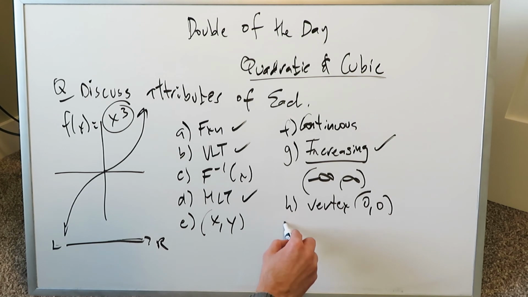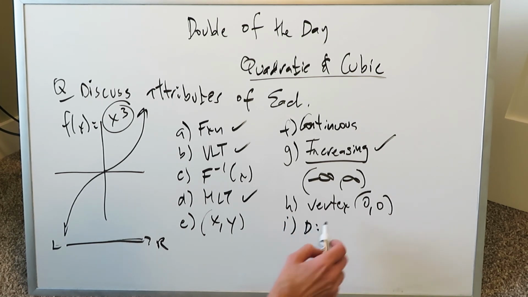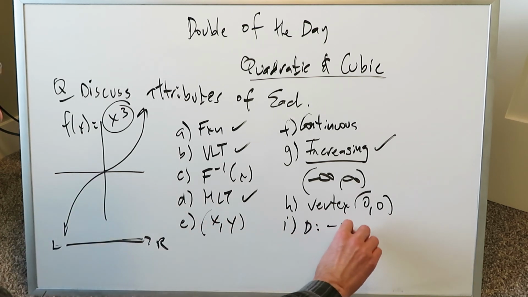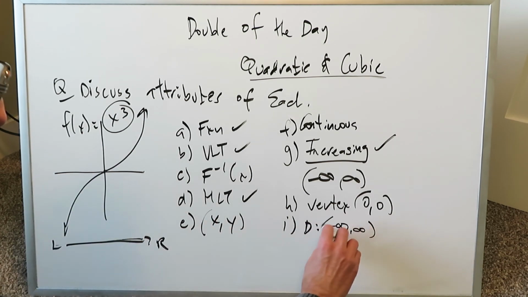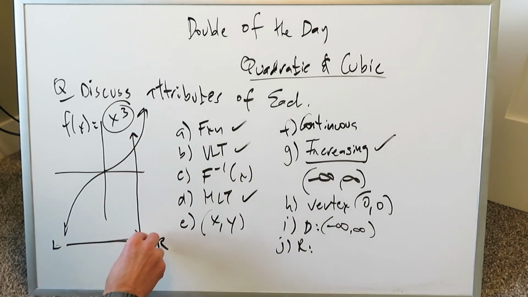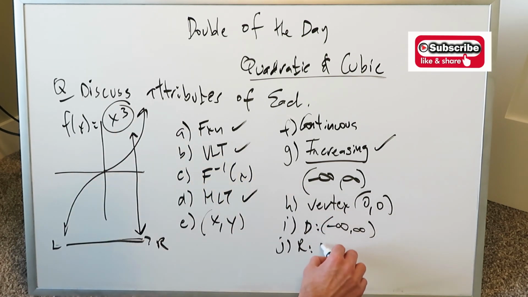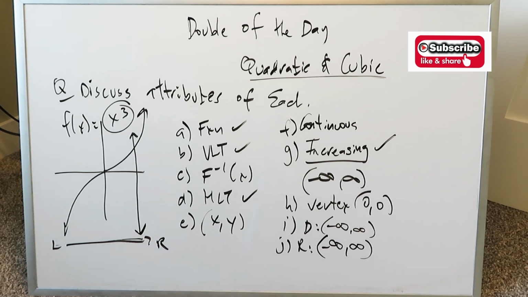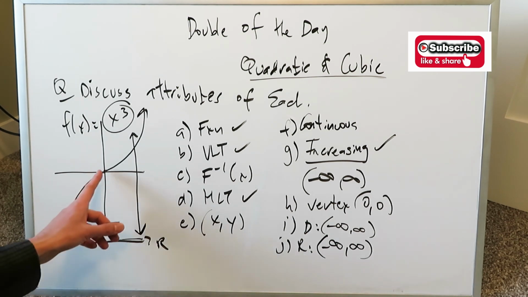Lastly, the discussion would not be complete unless we talked about the domain and the range. If you're looking at the domain from left to right, it'll go from minus infinity up to positive infinity. That's easy. And then of course the range for this is from down to up. You're going from the lowest to the highest extent. In terms of the cubic function, again, it'll be minus infinity up to positive infinity. And these are all the attributes that you need to be familiar with for the cubic function,